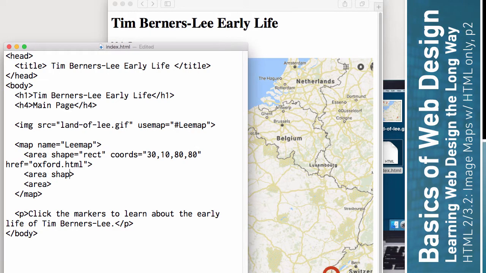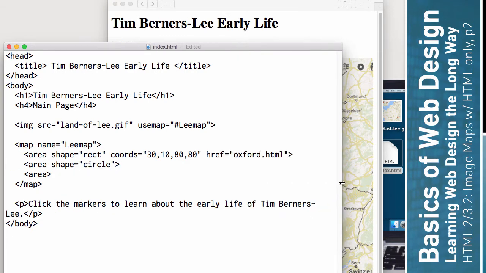The next area shape that we can use is the circle, which we call a circle. And it also needs a set of coordinates, and it will also have a hyperlink reference. Now the circle works a little differently. We do need 3 numbers. We need the X and Y of the circle itself. So X, Y, and then we need the